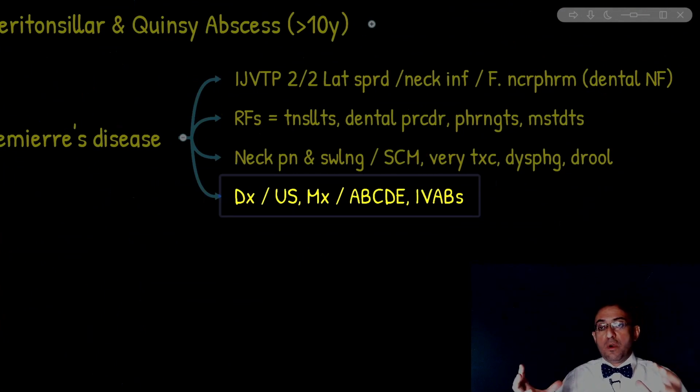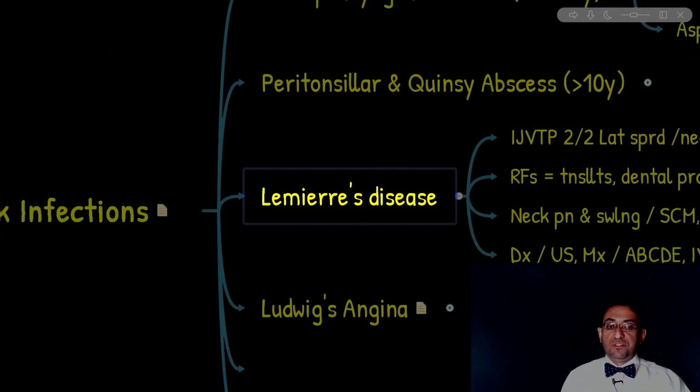Now, if in the above case they ask you that the patient has developed signs and symptoms of respiratory distress and O2 sat is dropping, and you have a presentation of acute respiratory distress syndrome, and they are asking you what is the mechanism. Remember, the mechanism of ARDS complicating Lemierre's disease is septic pulmonary emboli. So I'm trying not to miss any of the high yield points here, but it's time to move to a